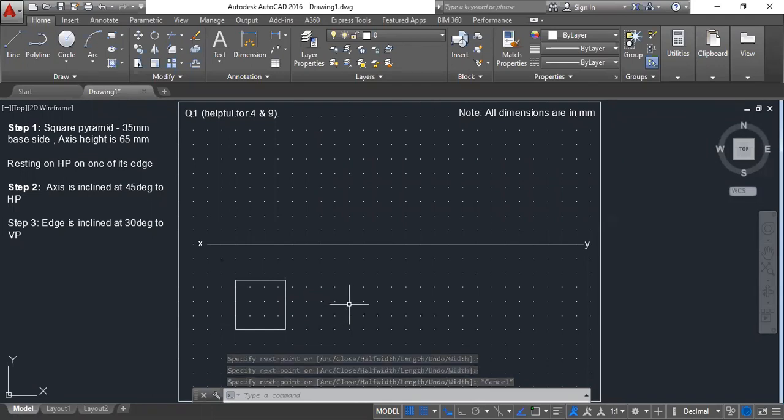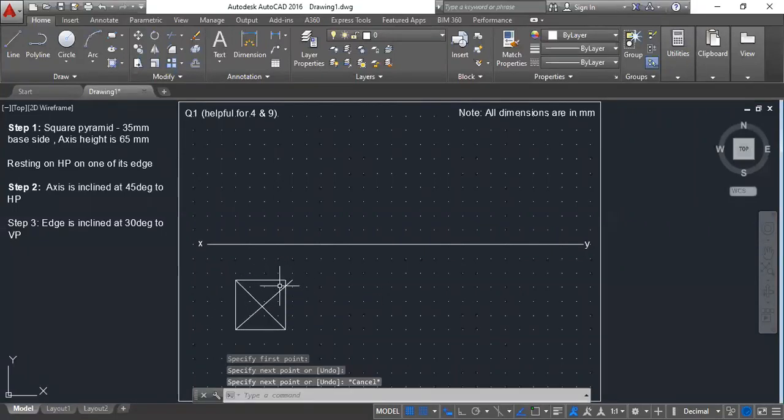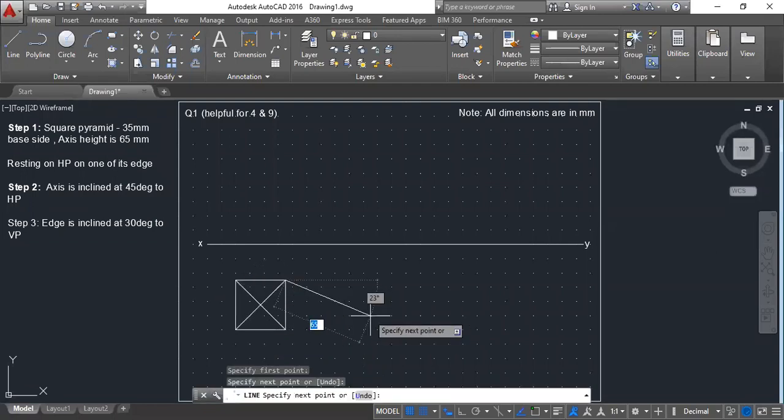I told you, as this is a pyramid, the apex is given by the name O. The point below the apex, that is on the base, is given by O1, and the base corners are given by A, B, C, D. Here I have drawn the square, but when it is a pyramid, I can even see those slant edges here, correct? So we have to draw the slant edges also. Okay, so I have drawn the slant edges also.